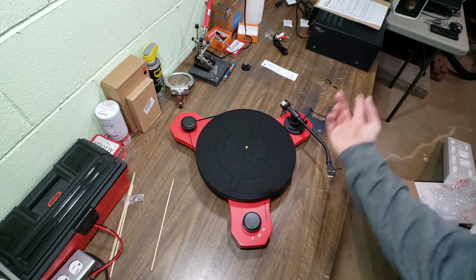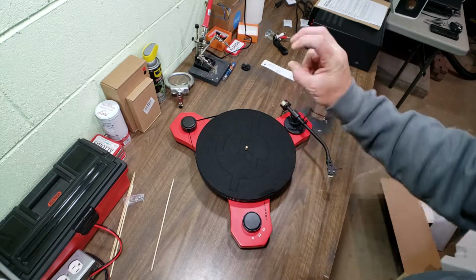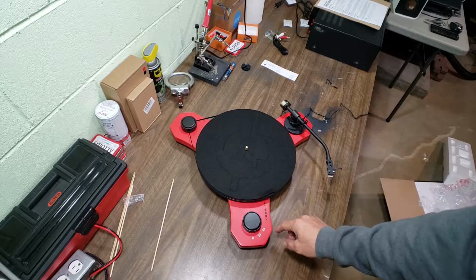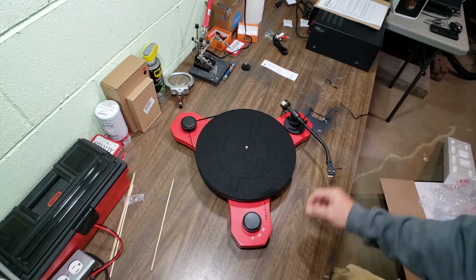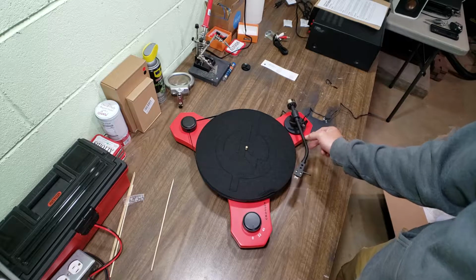Yeah, there must be a sensor deal, but when it's in a home position, you guys can correct me in the comments if you want on all this. Help learn me some vinyl lingo. Yeah, it must set it so when it's in this position, it won't run. As soon as you take it out of there, though,